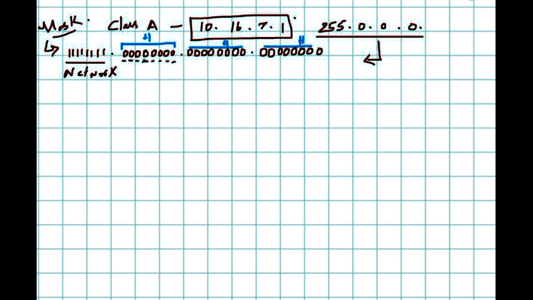So now we borrow some bits within the host portion. Here I'll show you. This is place 1, 2, 3, 4, 5, 6, 7, 8. So you borrow these places, the bits in each place, in this first place, second place, third place, and so on, and you convert them and use them as the network portion. So this is the network portion.